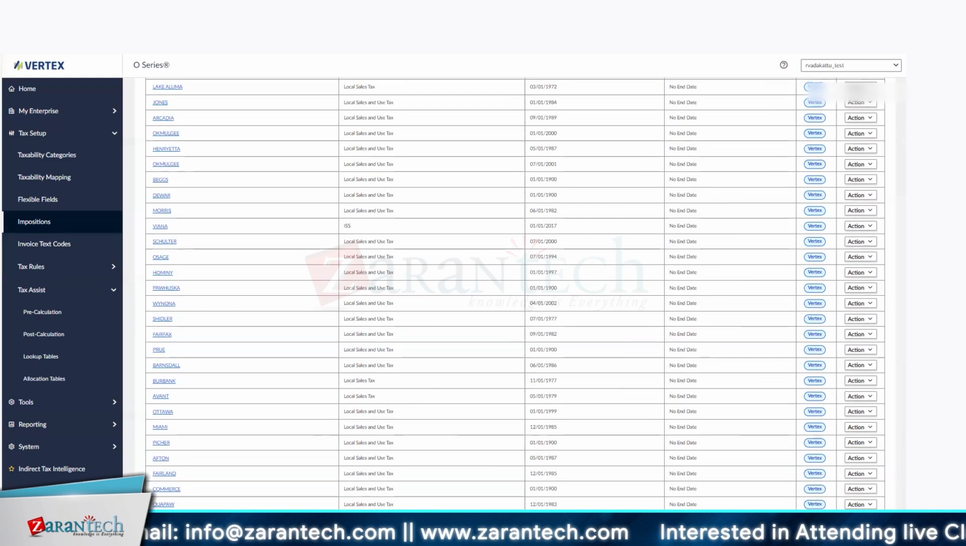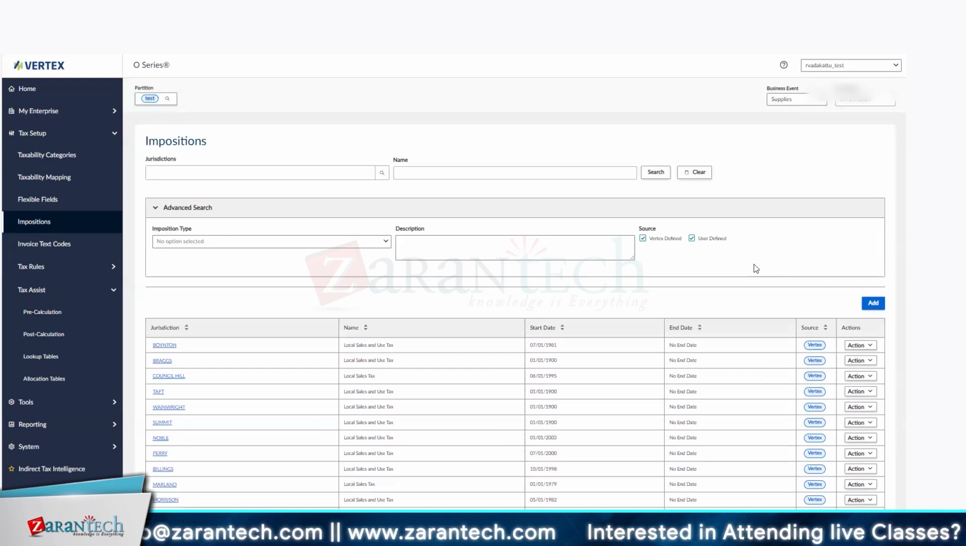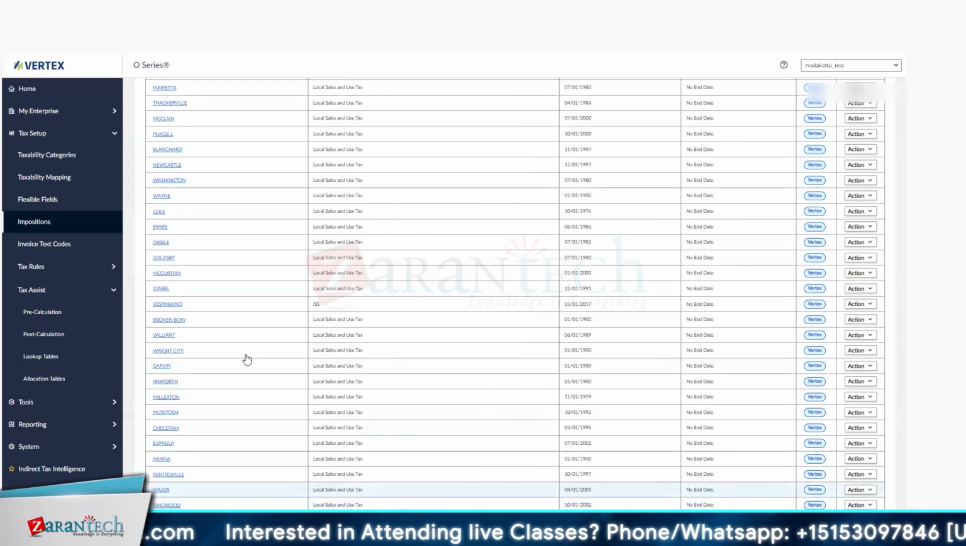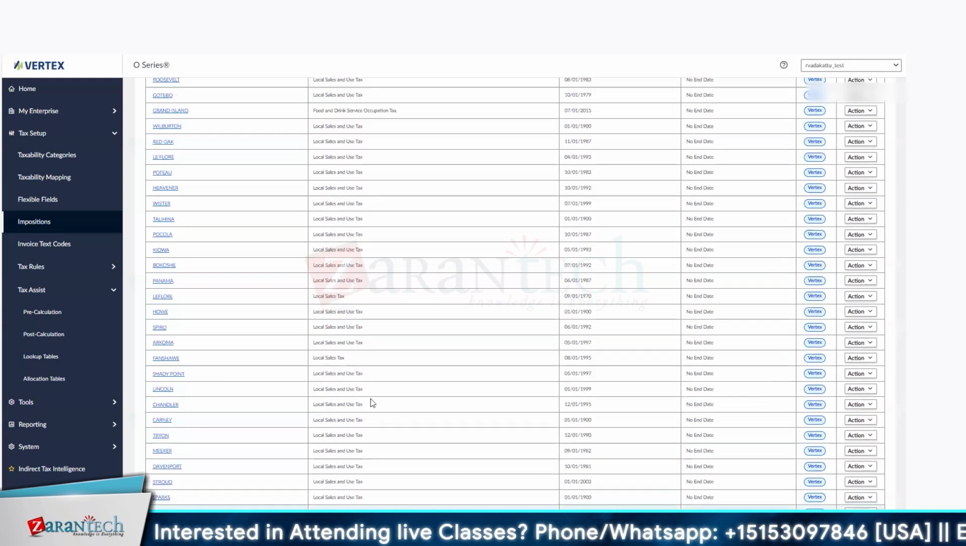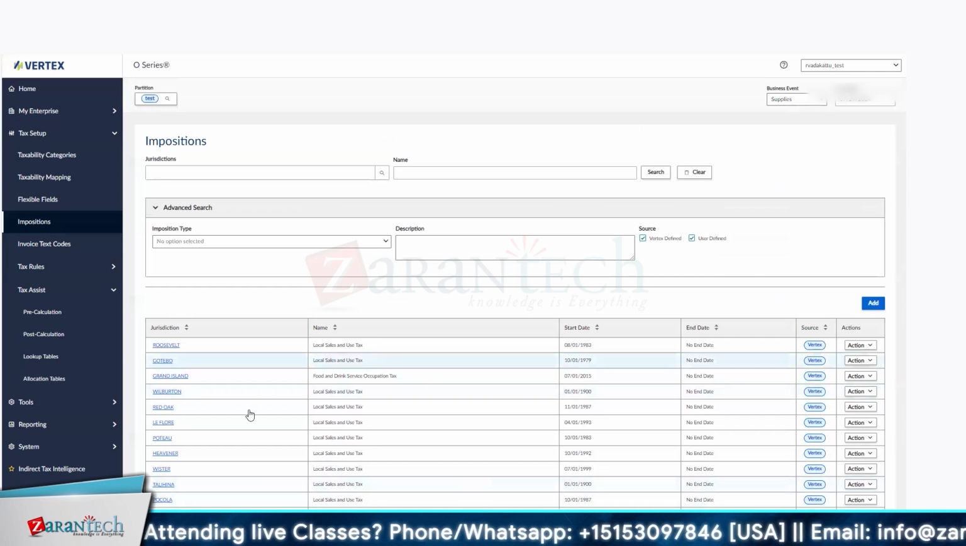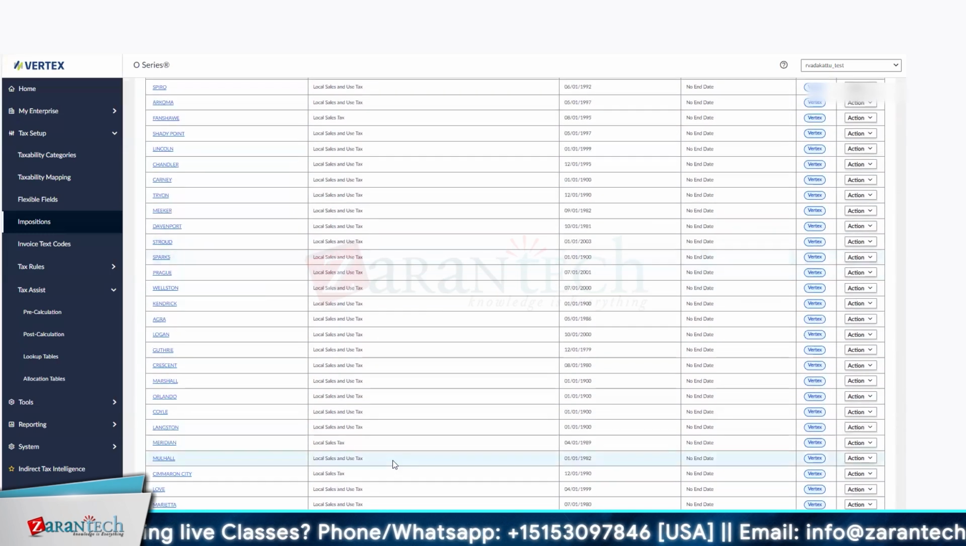In India, we have GST. In Europe, we have VAT. In Japan, we have GST. In the US, we have sales and use tax. Accordingly, country-wise, you can see the kind of tax type. If you select any Europe country, you can see the VAT. But for example, if I go and select